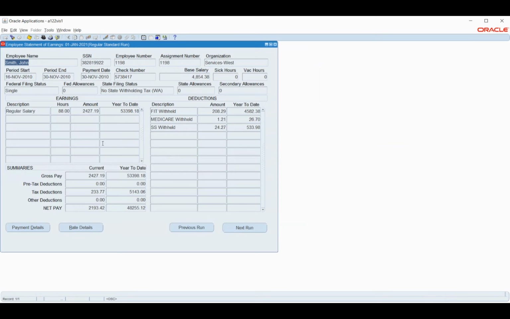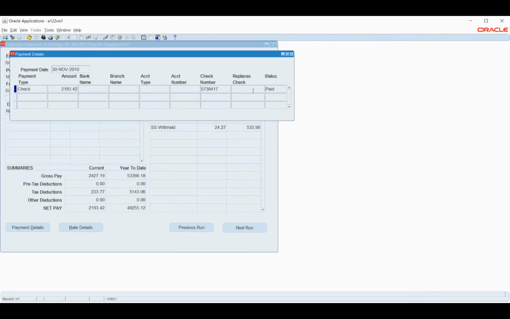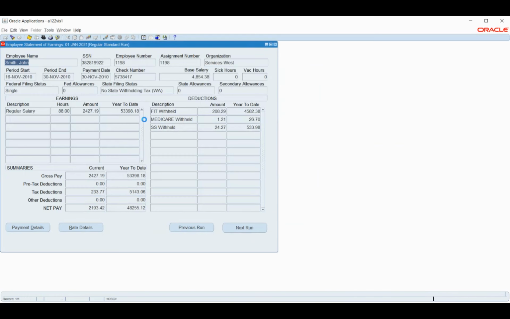We will also see the net pay and the payment that the employee has received. Here we can see the payment date and the mode of payment. So this is checked basically. And the amount paid is 2193.